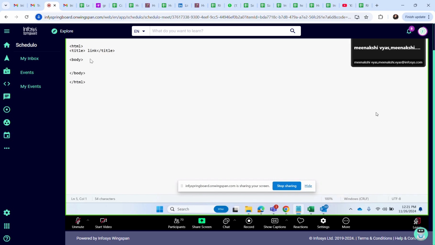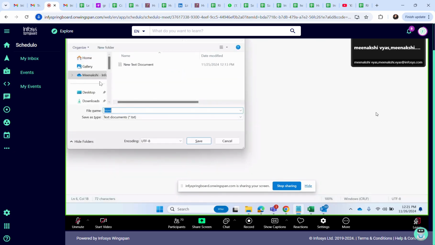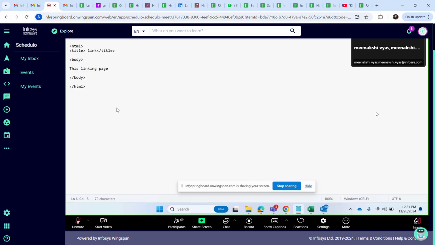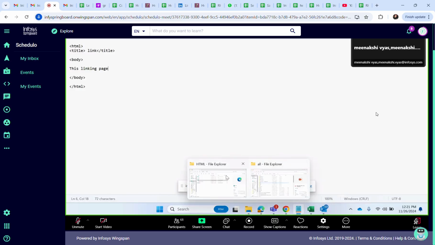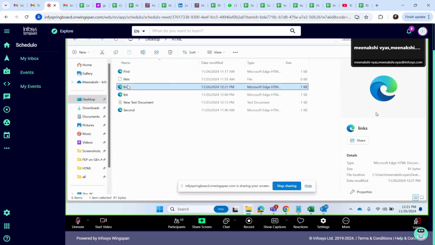We can link different pages, we can link different images. Let's run this first. This is the linking page. Save as links.html. Okay, now let's open this page.